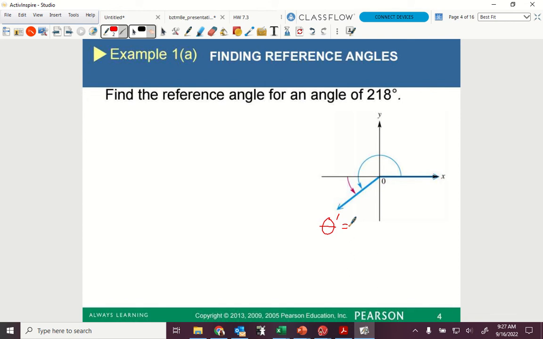There you go. Theta minus 180. So in this case, what is my theta on this problem? 218. So to find my reference angle, which is my theta prime, is equal to 218 degrees minus 180. So here my theta prime is going to be